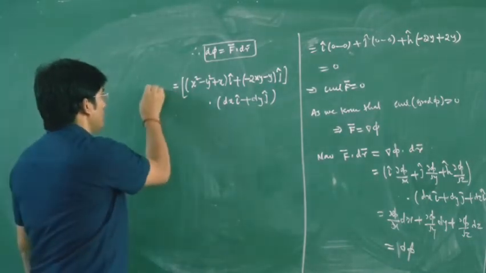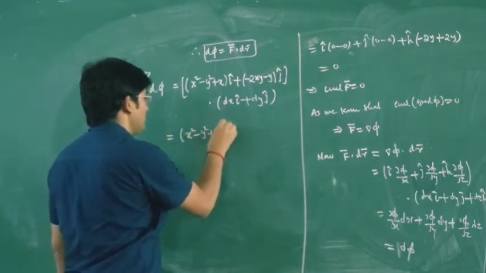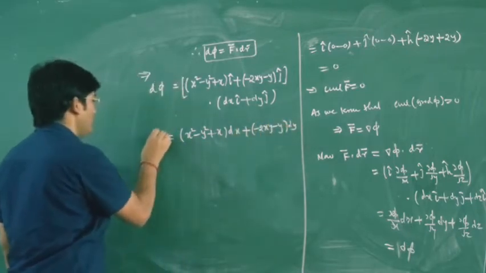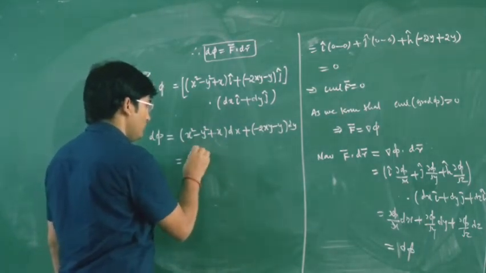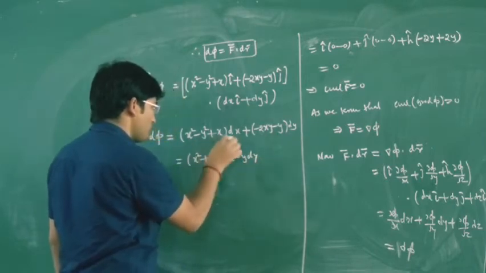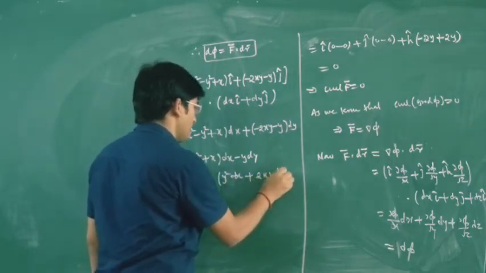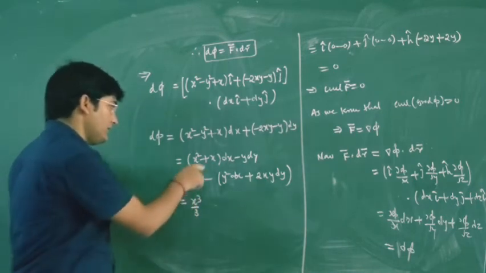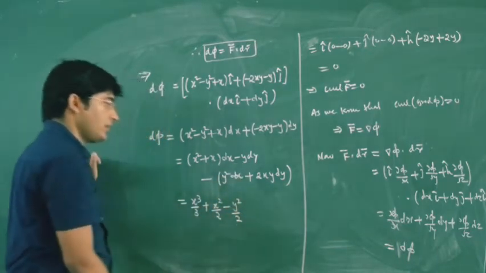So d phi equal to this thing, and as i dot i is 1, we have (x square minus y square plus x) dx, then we have minus (2xy plus y) dy. So this is the value of d phi, and we can write it as x square plus x dx, and then here we will have minus y dy. Then this term, that means y square dx and 2xy dy, can be written together. Now the integration of x square will be x cube upon 3, and the integration of x will be x square upon 2. Integration of y will be y square upon 2, and then we can,